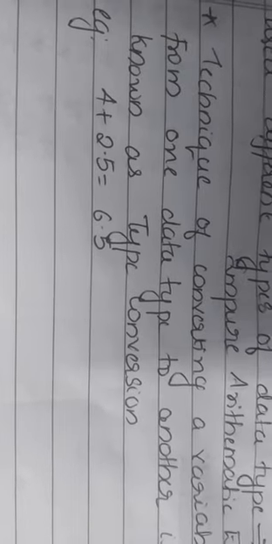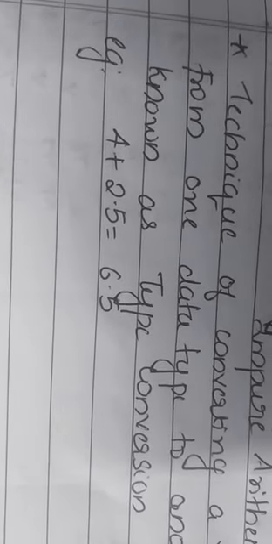Let's see type conversion in detail. I hope it's clear for you. We can easily convert a variable from a small data type to a higher data type. That's an easy task, and it can also be converted automatically in the program, as you see in the example itself. But a variable of a higher data type cannot be converted to a smaller data type without the intervention of the programmer. By the intervention of the programmer, it can be done easily. That is higher data type to smaller data type, and that technique is known as explicit conversion.